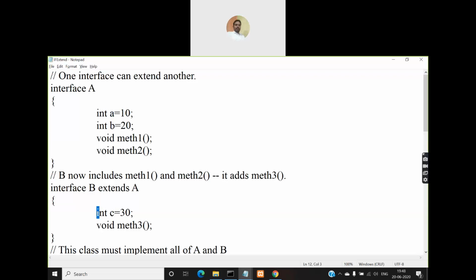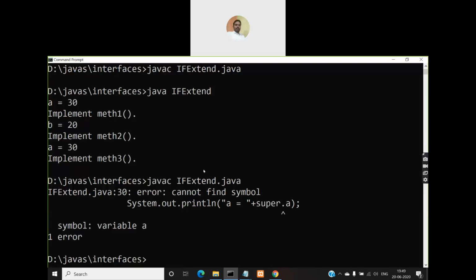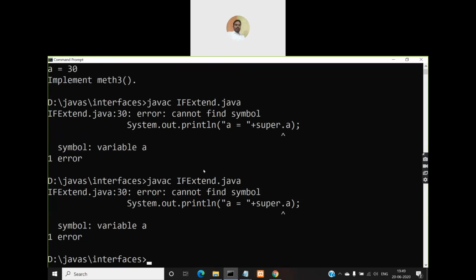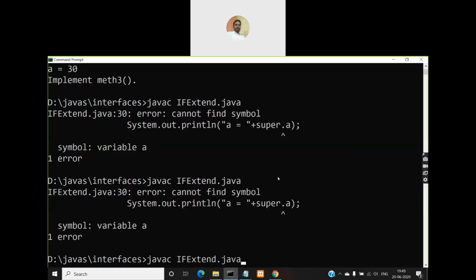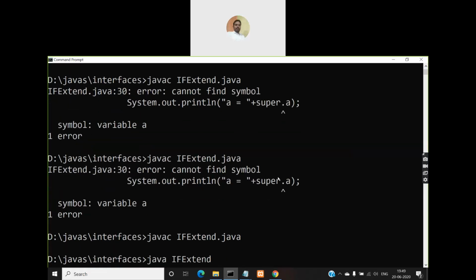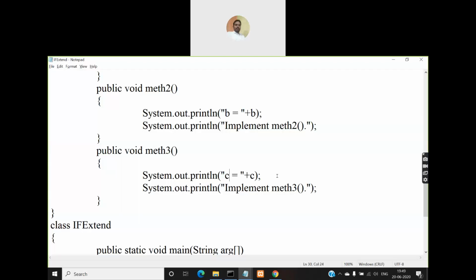There is no chance of doing it that way, right? So don't do that. So you have to use different names even though they are super and sub interfaces. The variable names must be exclusive.